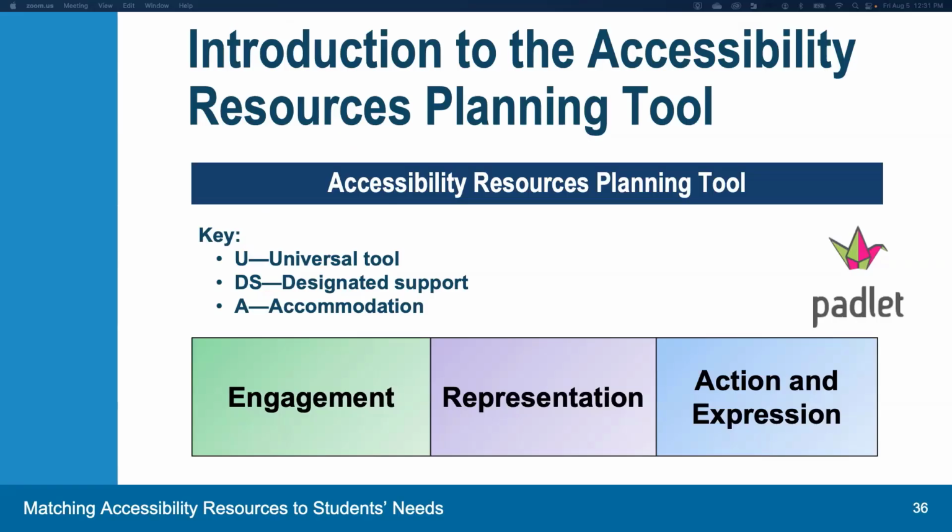So in addition to the ISAP tool, another tool that can be used to match student need to available accessibility resources is the Accessibility Resources Planning tool, which is available in your resources. So if you'd like to go ahead and access that, and then I will walk you through it.